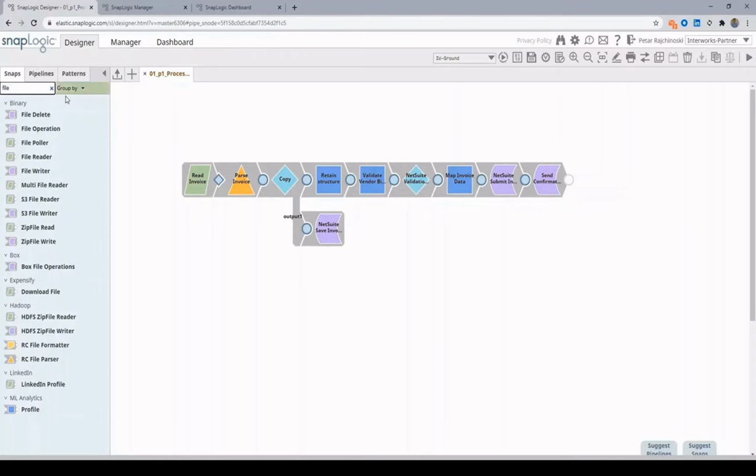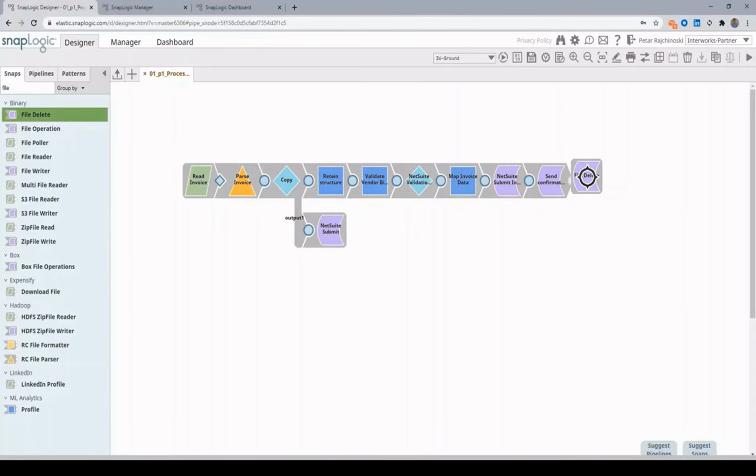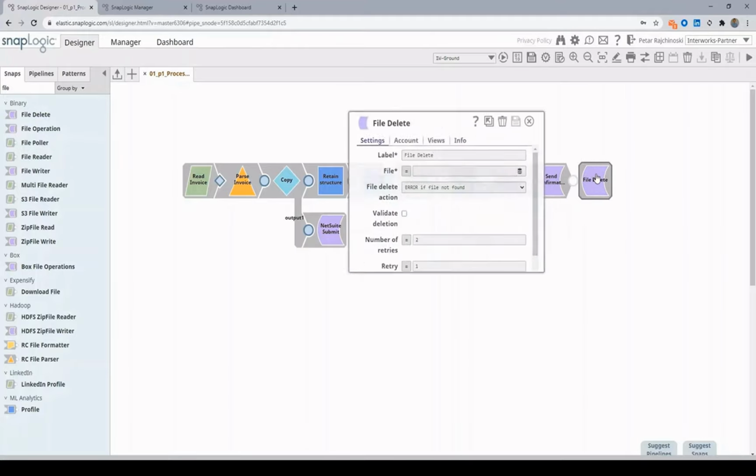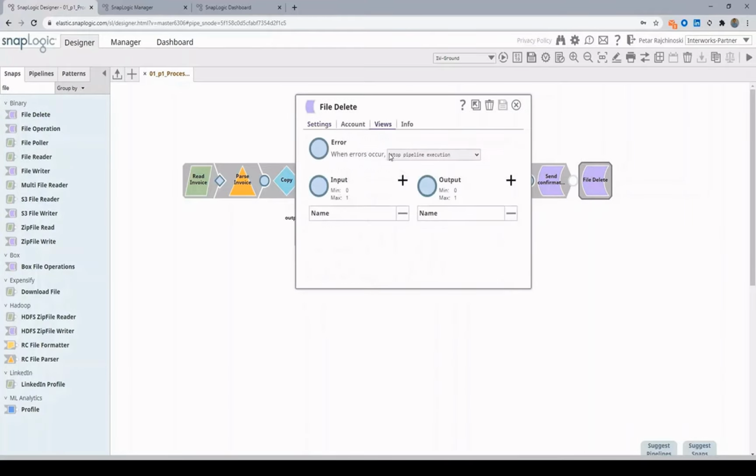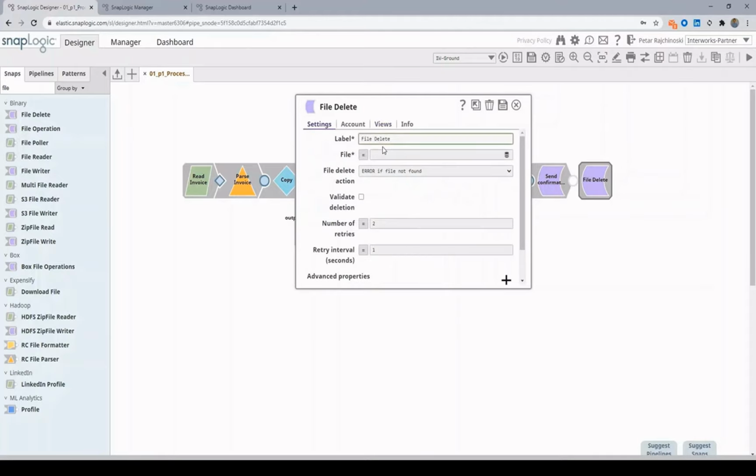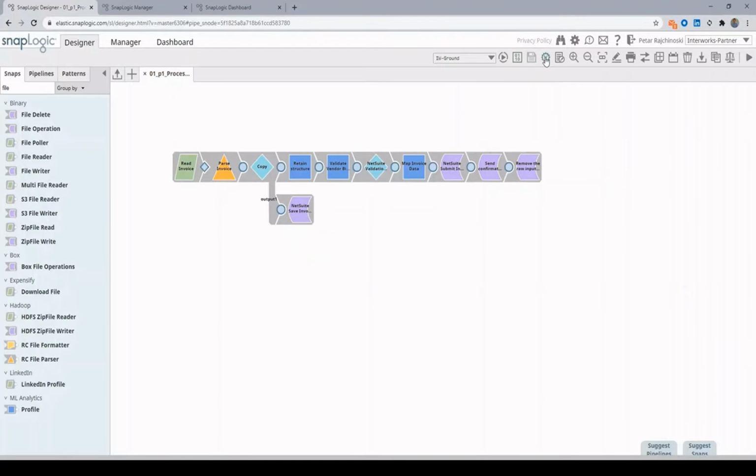And once the notification is sent that the invoice is processed successfully, we're gonna remove the file from the input SFTP location, which means that it is processed successfully and will not get that file again because it is completed fine.